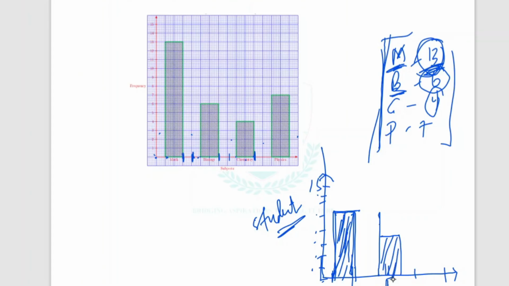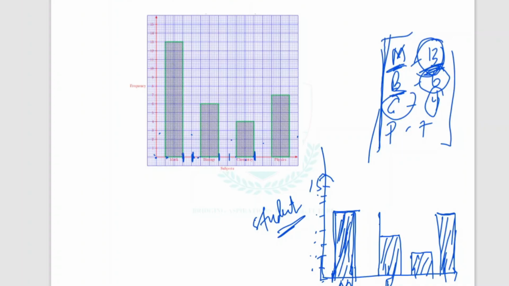So this is biology, this is math, and then come where there is chemistry. Chemistry there are 4 students. Come where there is 4, also draw. Come where there is physics, check where physics is, also draw. So you can come up with such a graph representing the information that you've gathered, called a bar graph, using